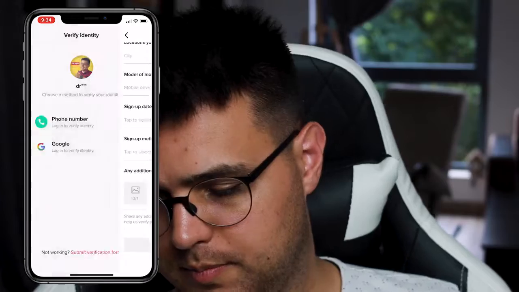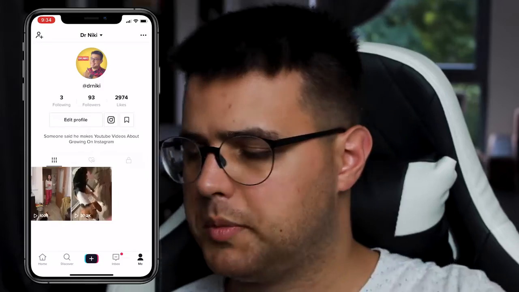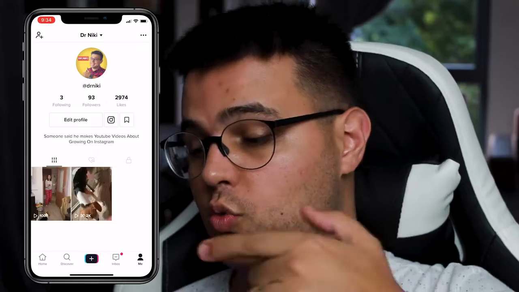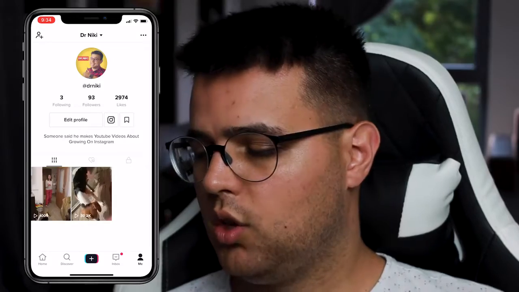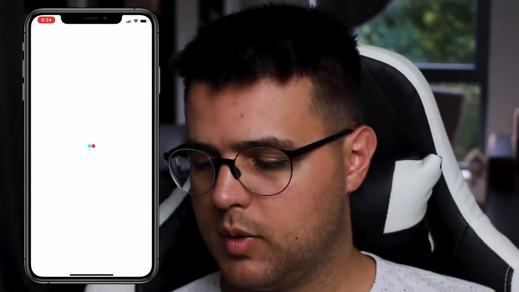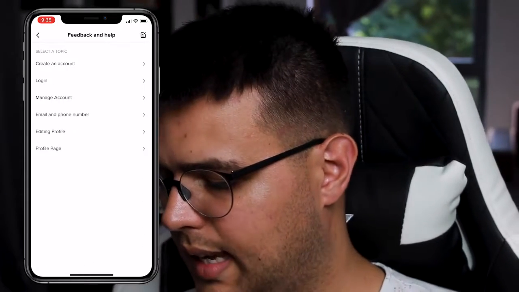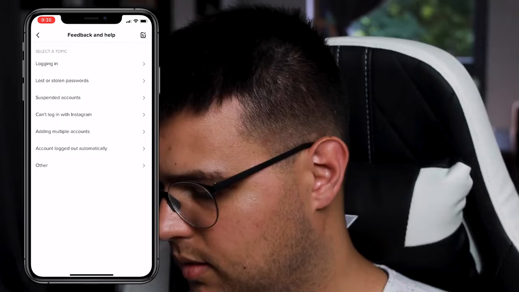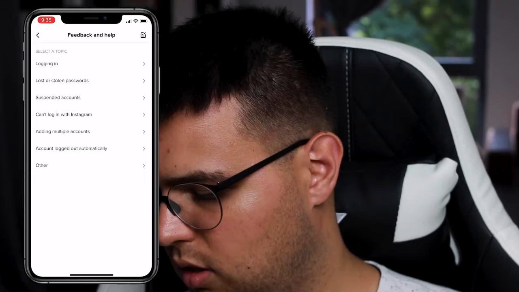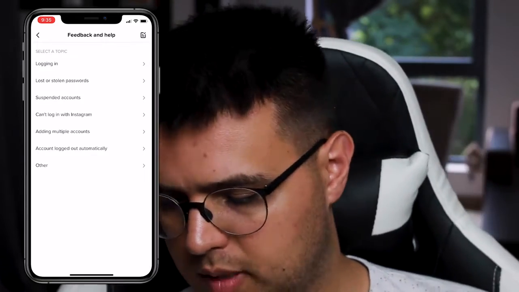The second way is to actually click the three dashes here while you're logged in, maybe from another account, from a friend's account, and you want to recover another account, or you're logged into your account and you want to recover another account. You click the three dashes right here, go down below, click on report a problem. From here there'll be a login option somewhere. So from here, click on account and profile, then click on login, then click on either login, lost or stolen passwords, suspended accounts, can't log in with Instagram, adding multiple accounts, account logged out automatically, so probably logged in,